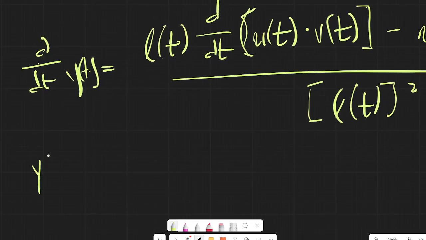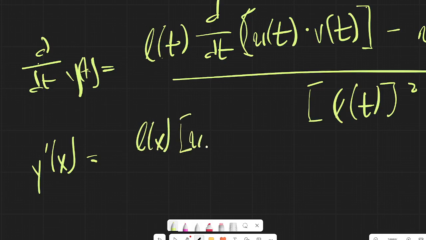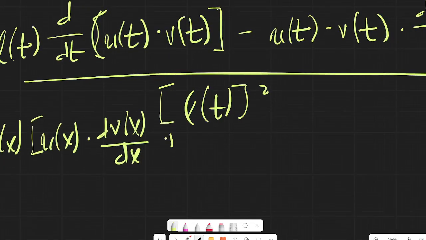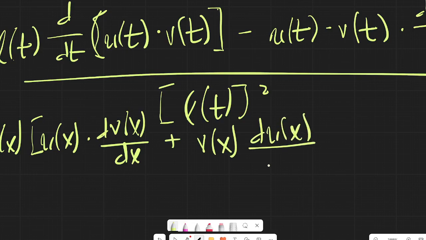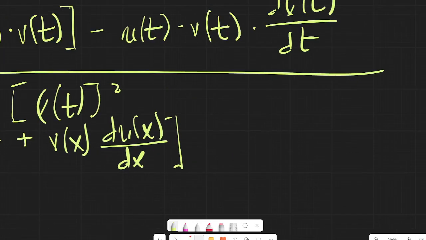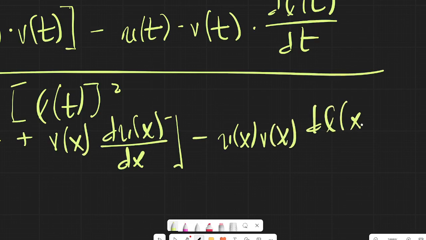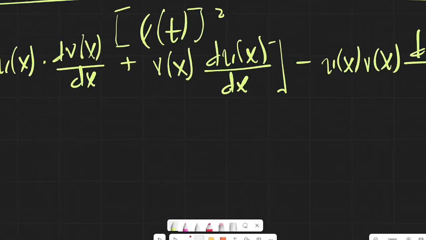Just say y prime of x equals L of x, u of x dot dv of x dx, plus v of x du of x dx, and then minus u of x v of x dL of x with respect to x, divided by,